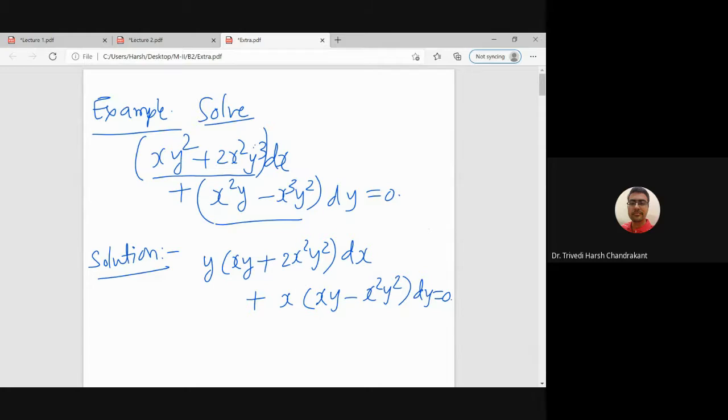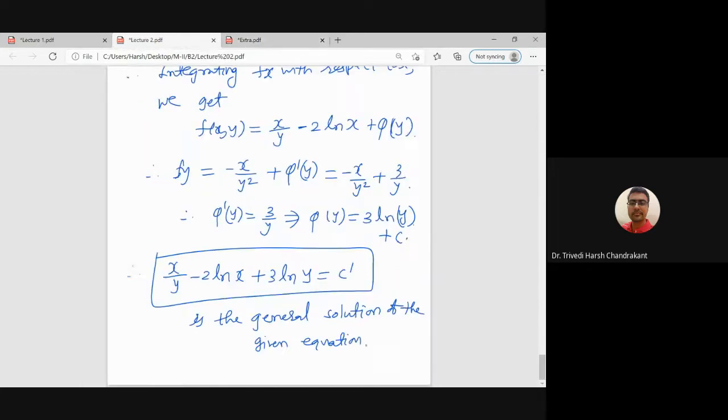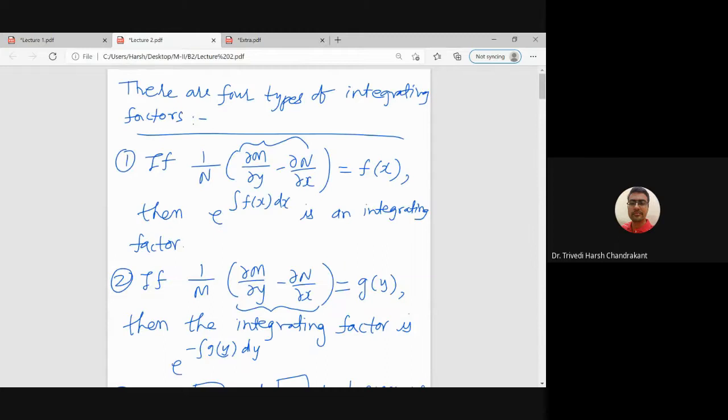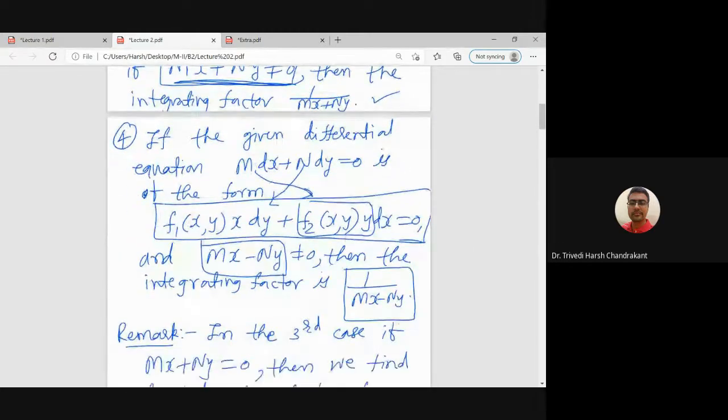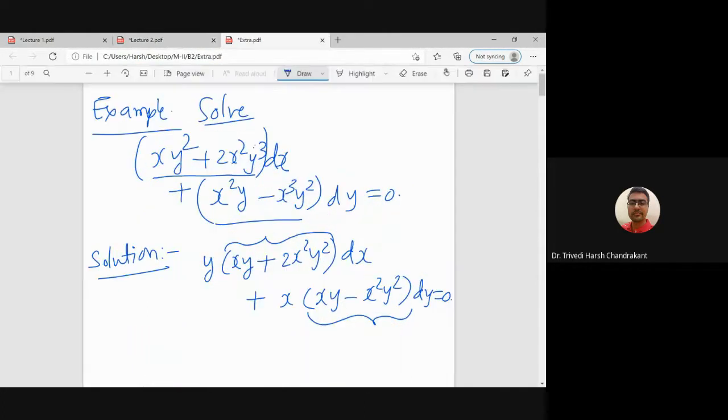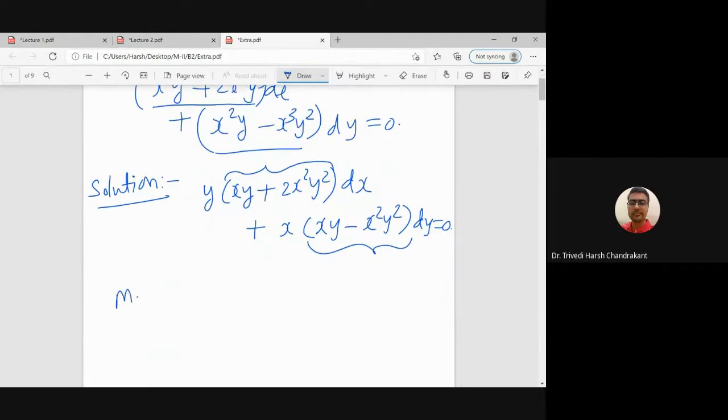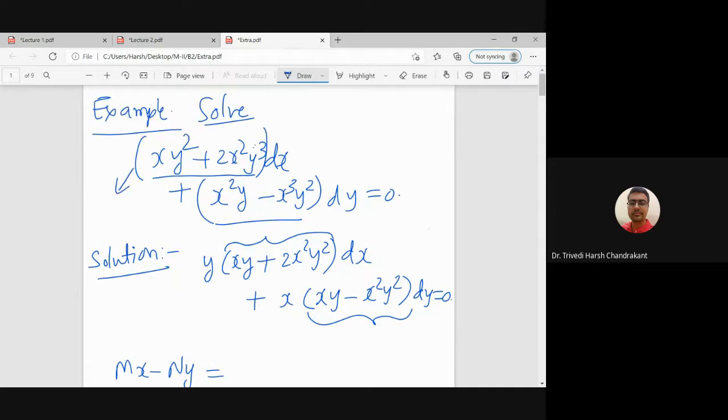Yeah, so we can see that this differential equation we have separated as some function times y dx, plus some function times x dy, is equal to 0. So that means our fourth condition is satisfied, right? It is of this form. So now we need to check whether this is non-zero or not, Mx minus Ny. What is M? M is the coefficient of dx, and N is this function.